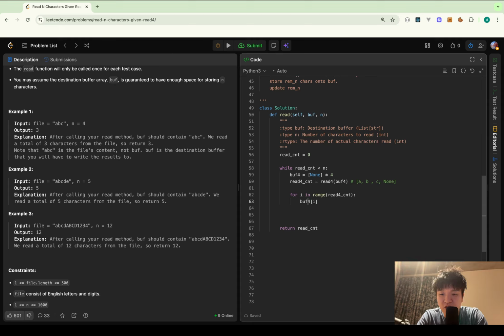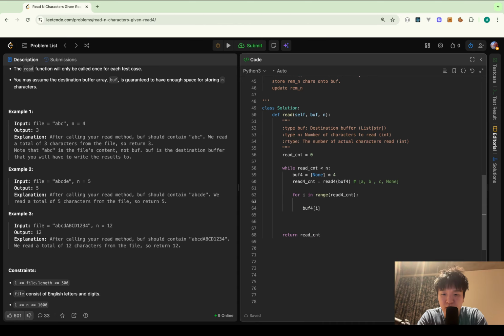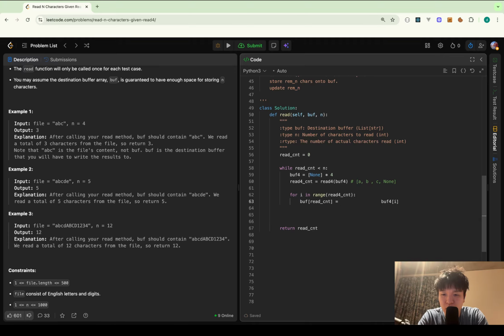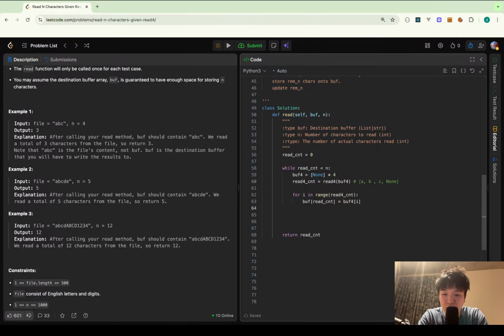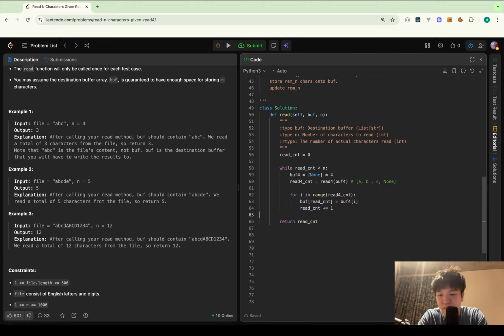So this is the new char. So I put this onto the buff at read count like this. Then I increment read count. Okay. But what I have to take care of is, number 1,